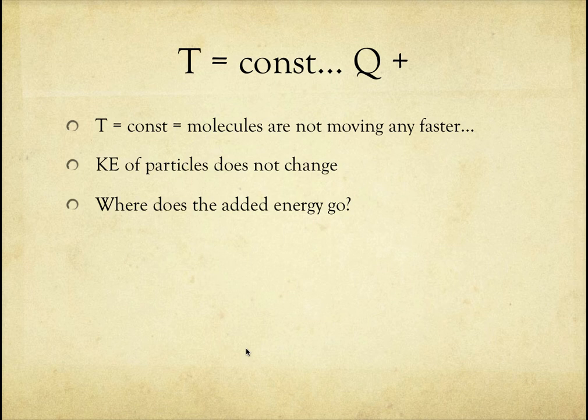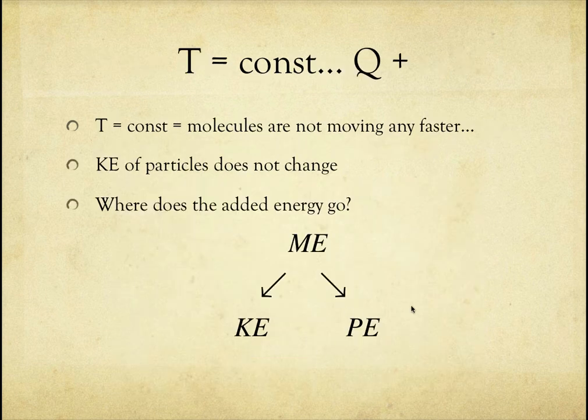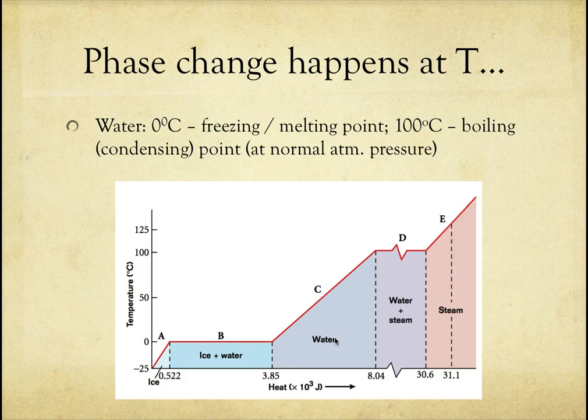If temperature is constant, that means that our molecules are not moving any faster. Kinetic energy of those particles is not changing. But where does this go? This added energy is definitely turning into internal energy, and remember, internal energy is comprised of kinetic energy of particles and potential energy of particles. So potential energy of particles is increasing if you're putting energy in. That means that they're moving farther apart, like when you're going from liquid to gas. They're really, really spreading out. Let's look at